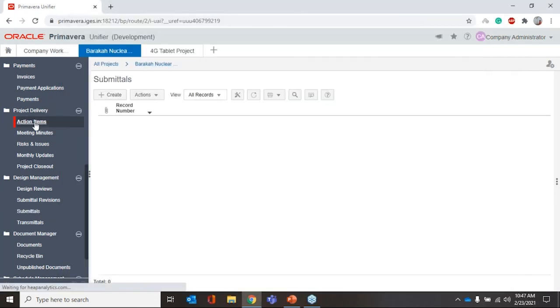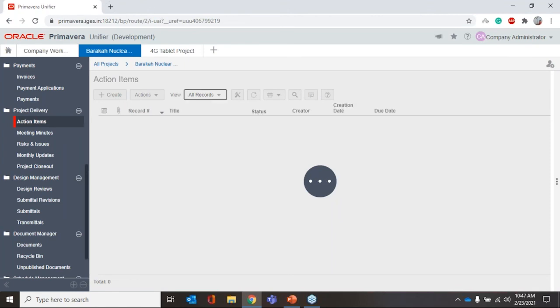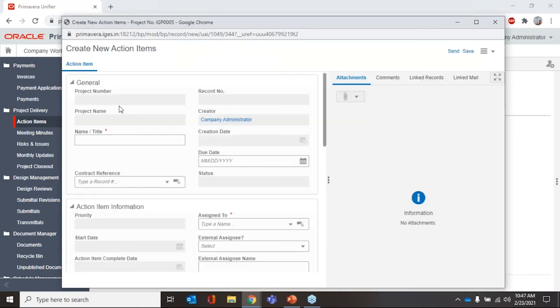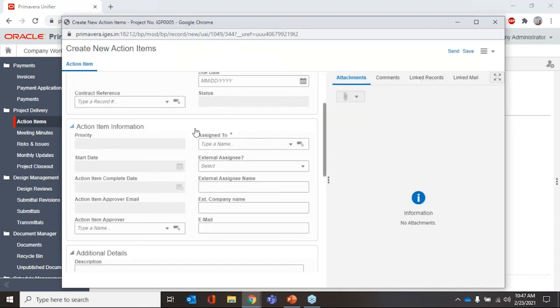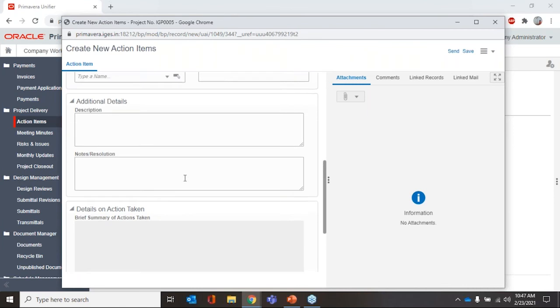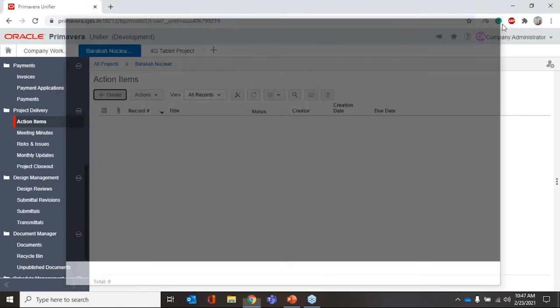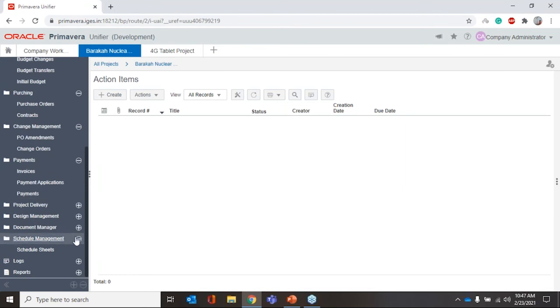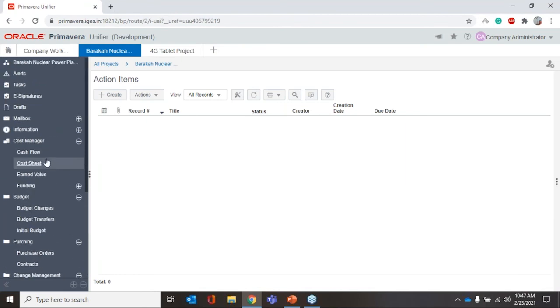Okay, so whatever the project delivery process I go to, I will have different forms related to that particular process, routed to different people. So when I go to action items, I can assign this to different people, right? So now we will directly go to our cost controls from Unifier. Okay, so first I was talking about